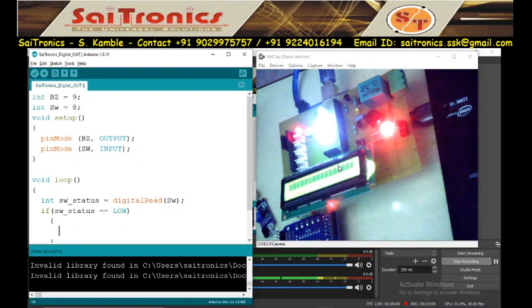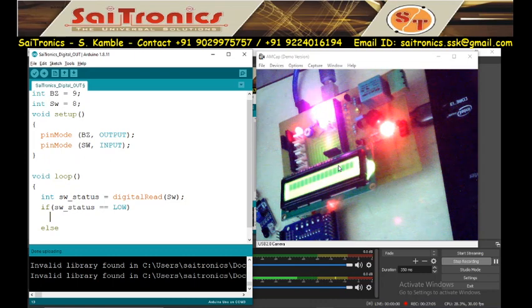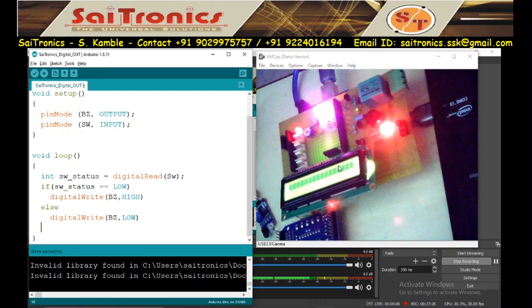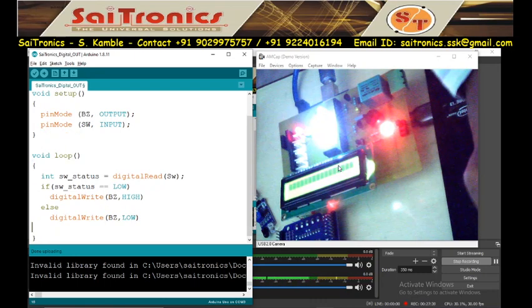If it is low, then I have to turn on the buzzer. So digitalWrite buzzer comma high. Else, if switch status is not low, I have to turn it off. So digitalWrite buzzer low. This is the same program which we had seen in the PPT, and we are performing the practical on that.